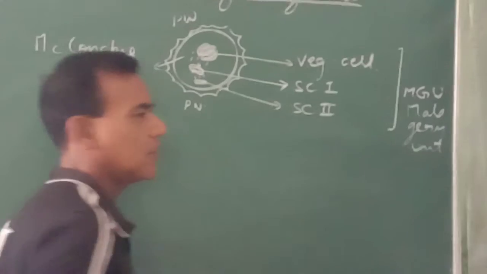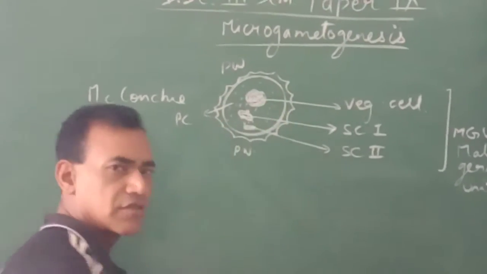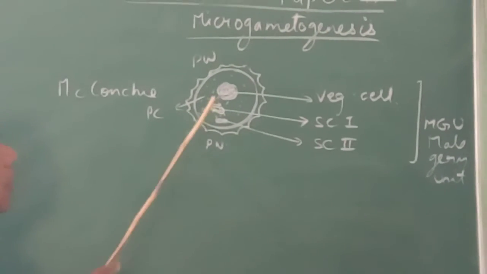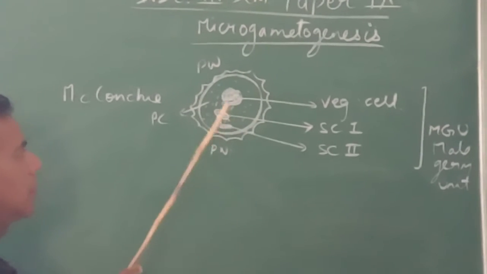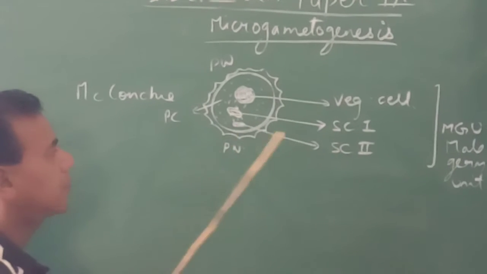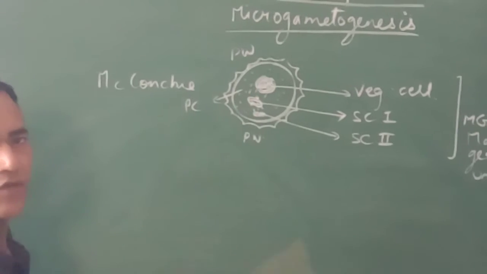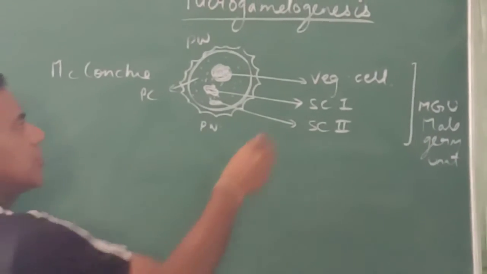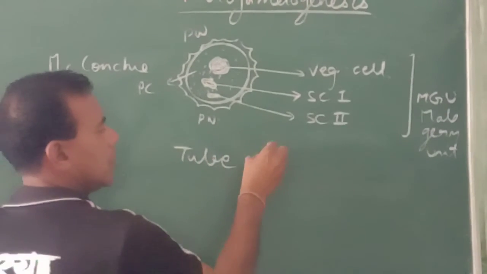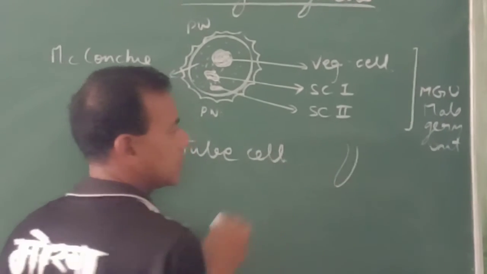Now these nuclei are named by a special term called male germ unit. The cytoplasm initially was very dense, but slowly it becomes vacuolated. Now, these three nuclei are the vegetative nucleus, sperm cell 1 and sperm cell 2. Sperm cell 2 is far from the vegetative cell. The vegetative cell is also known as the tube cell, and its function is to make the pollen tube